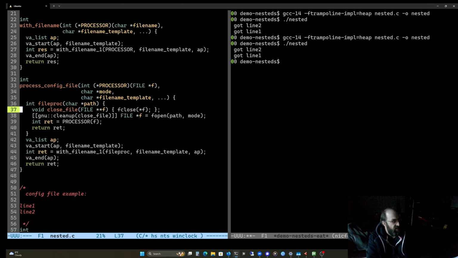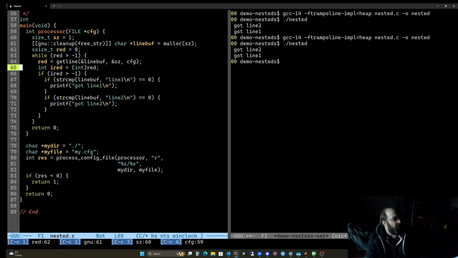Cleanup attributes make these easier to write, but now you're not spreading your code absolutely thick with these kinds of things, and instead you just get to write simpler code. We could, of course, make a getLine abstraction that abstracted away all that malloc stuff, right? So I don't know. I think it's pretty exciting.